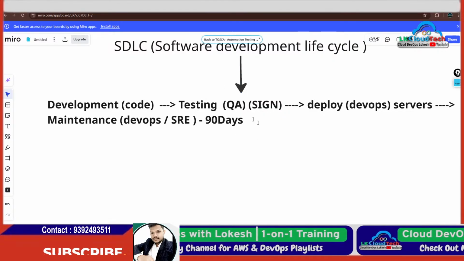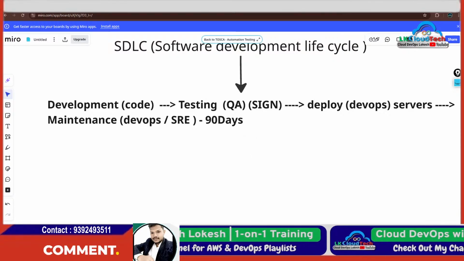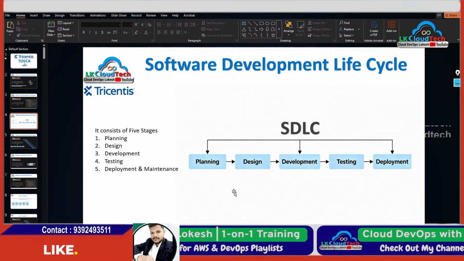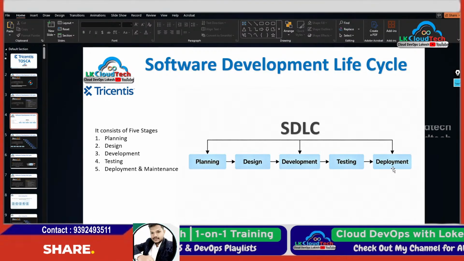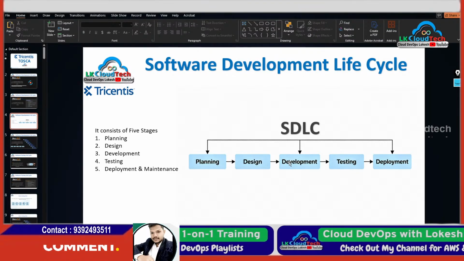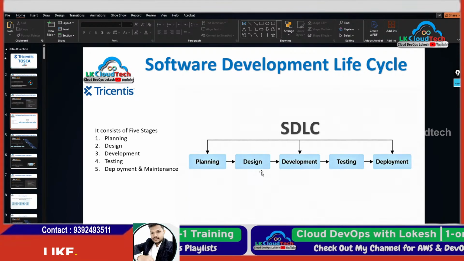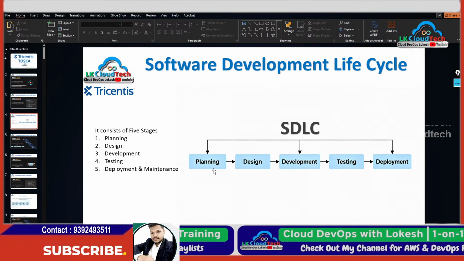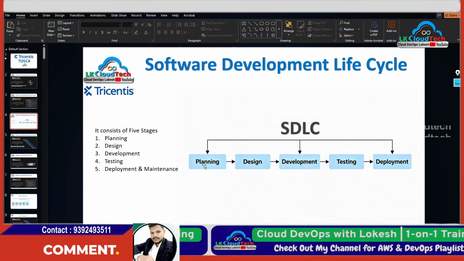Okay, so next, let's talk about this. This is what we have discussed so far: planning, design, development, testing, and deployment. So we have talked about development, testing, and deployment. We did not talk about planning and design. This planning and design comes under business architects